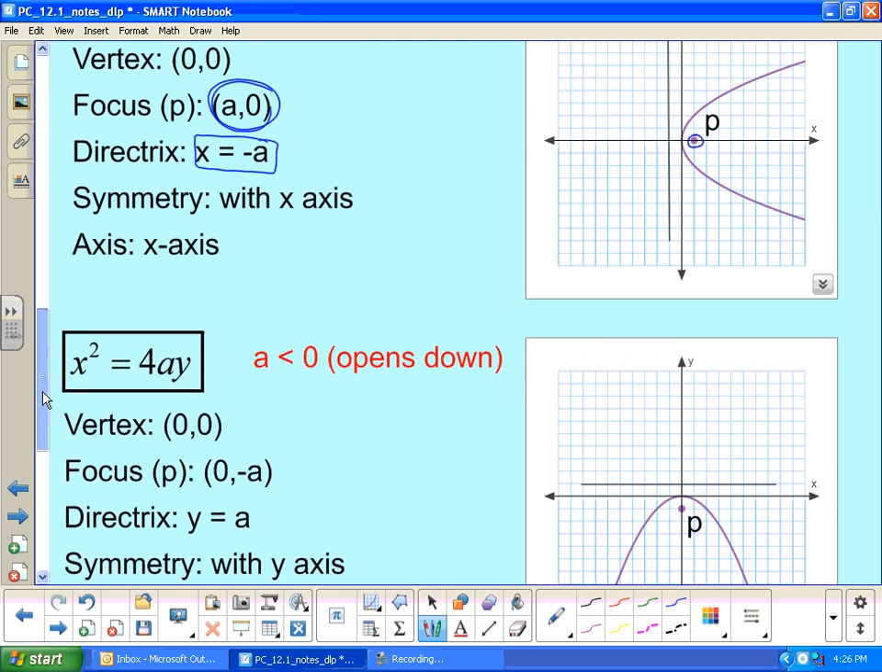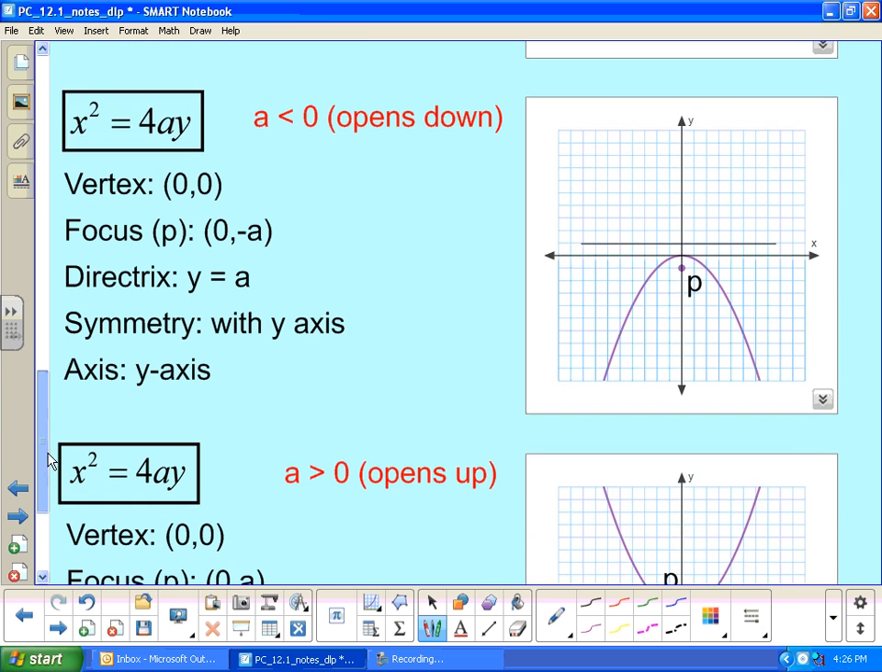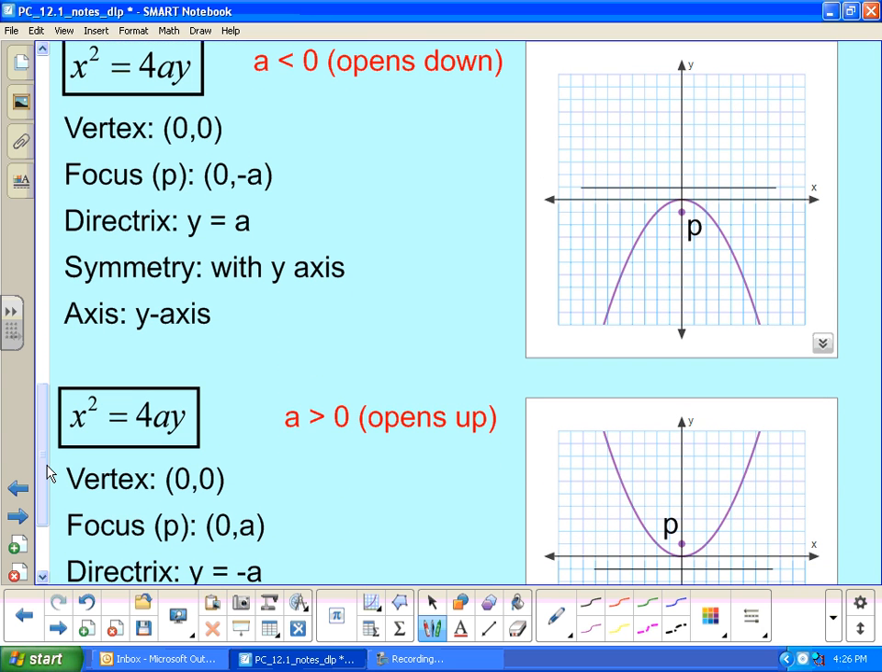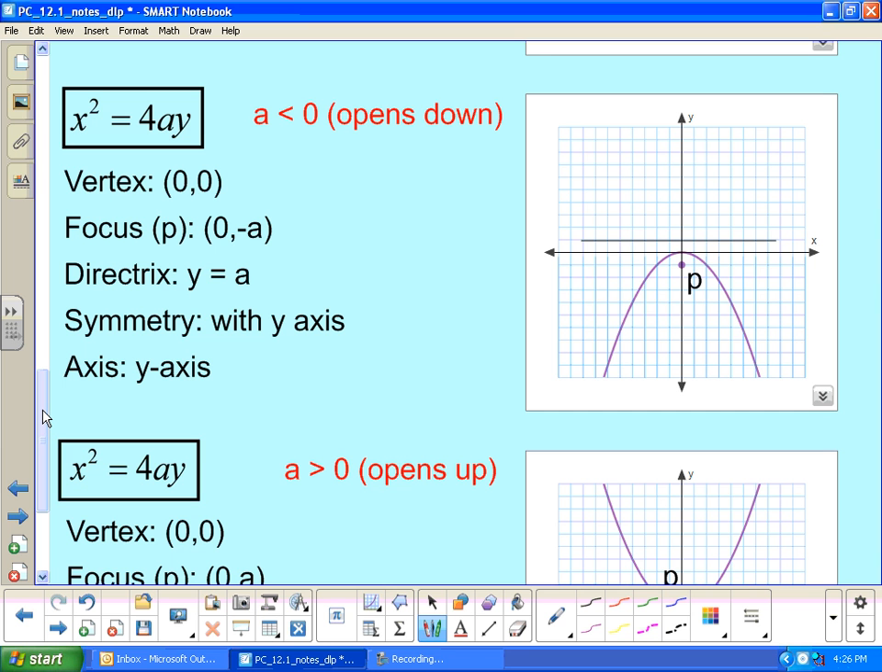And then we take a look at our ups and downs. These are the two that we're probably most familiar with. We saw this in the quadratics chapter. So x squared equals 4ay. When a is negative, that means it's opening down, and when a is positive, I'm opening up. And again, paying attention to a couple things. When my graphs are going around the y-axis,